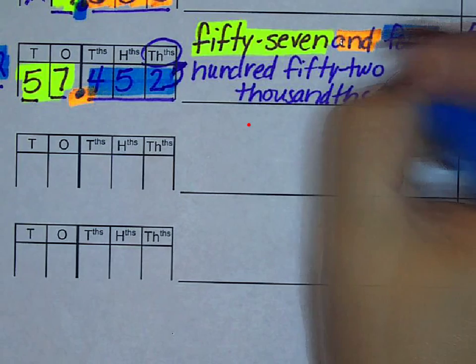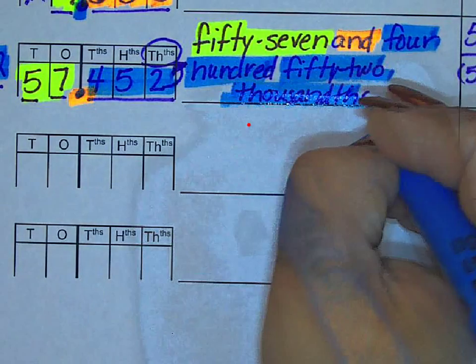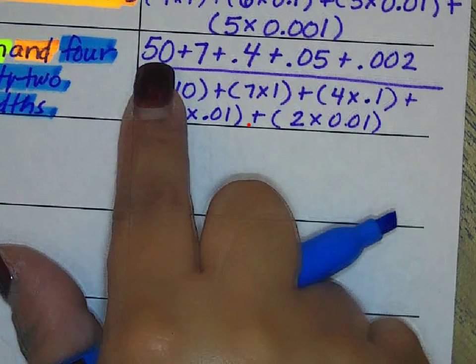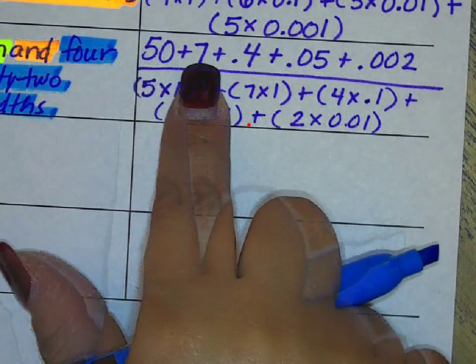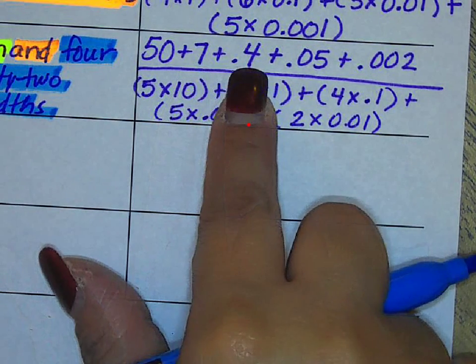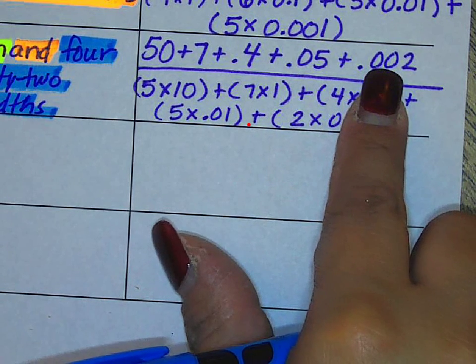Do I have 452? And then I go up, and what does it tell me I'm at? Thousandths. Looking at my expanded form up at the top, do I have 50 plus 7 to make 57? Yes. Do I have 4 tenths, 5 hundredths, and 2 thousandths, which make